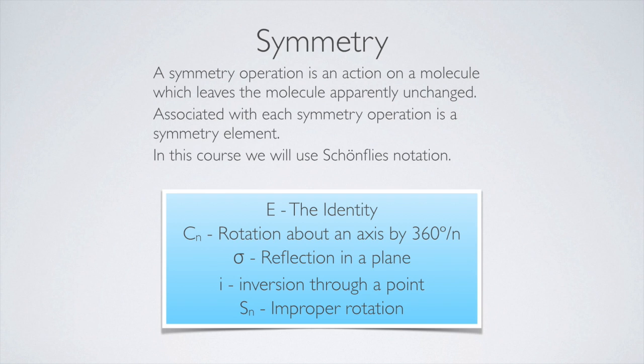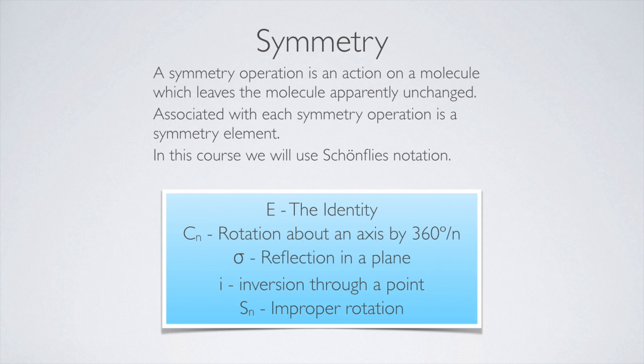A symmetry operation is an action on a molecule which apparently leaves that molecule unchanged. And we will show you what this means over the next few slides. Associated with each symmetry operation are symmetry elements, and those are listed below. When referring to these symmetry elements, we will use what is called the Schoenflies notation, and in this notation, the